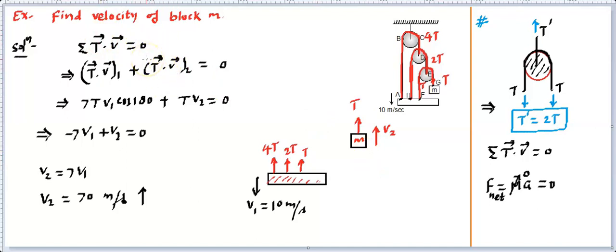Well, in this video lecture we have talked about constraint motion, constraint relations, and some methodology to solve them, and we have handled in detail the string block system for single pulley and multi-pulley. You do similar types of questions, and in the next video we will be moving ahead and doing these questions and other constraint motion as well.